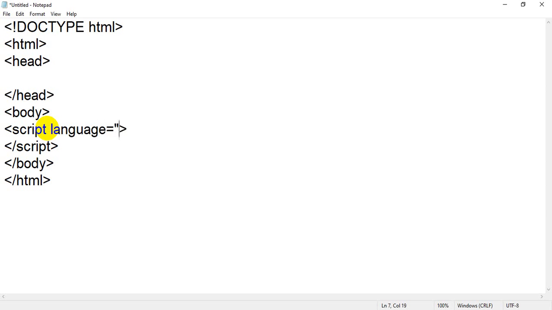Okay, so inside language I have to mention which type of script I am going to insert. So I am going to insert JavaScript. I will write JavaScript. Now we have added the script tag. Now between these two tags, between the opening script and closing script, whatever I write will be considered as